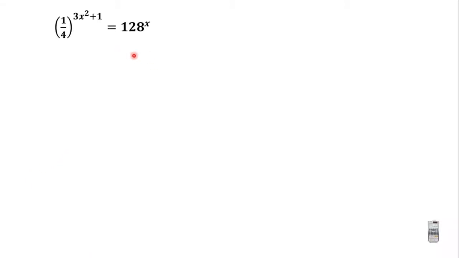We learned from the properties of indices that 1 divided by 4 can be written as 4 exponent minus 1. So we have 4 exponent minus 1 multiplying this exponent here. Now this exponent is a binomial. Since we have negative 1 multiplying it, you are going to put the binomial in a bracket. So you have 4 exponent minus 1 into brackets 3x squared plus 1 is equal to 128